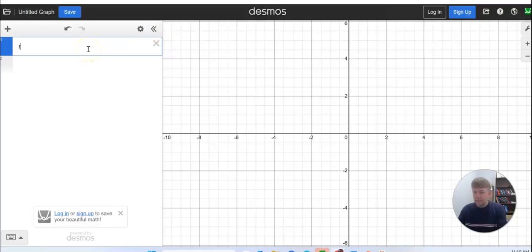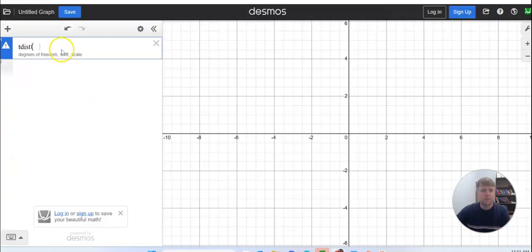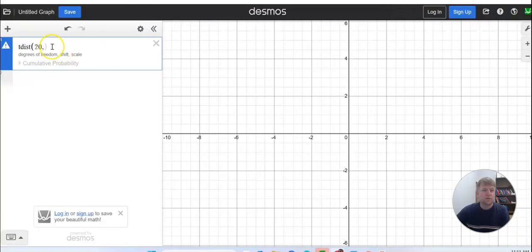So I'm just going to write T, D-I-S-T, right? And then open the parentheses. It says how many degrees of freedom you have. So the number of degrees of freedom we have is one less than the sample size. So degrees of freedom is sample size minus 1. So we have 20 degrees of freedom. And then it wants to know, do we want to shift or scale this? For critical values, we don't need to shift or scale, so I'm going to take away that comma and zoom